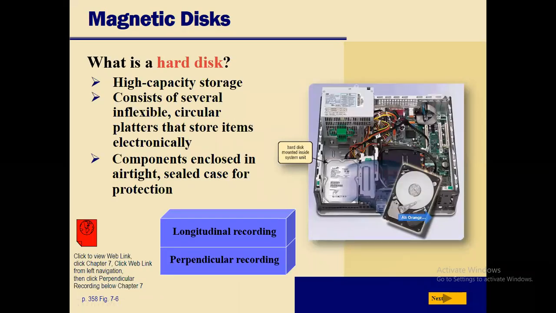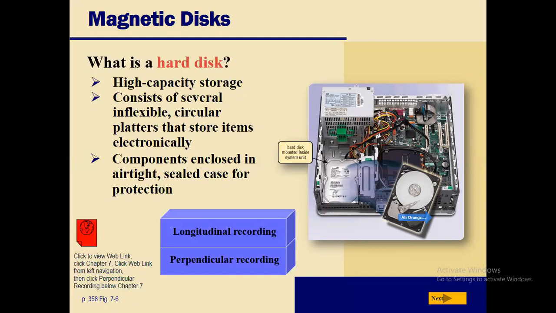Another topic is the hard disk. A hard disk is also called a fixed disk. It was first introduced by IBM in 1956. A hard disk drive, also called the fixed disk, is an electromechanical data storage device that uses magnetic storage to store and retrieve digital data using one or more rigid, rapidly rotating platters coated with magnetic materials.